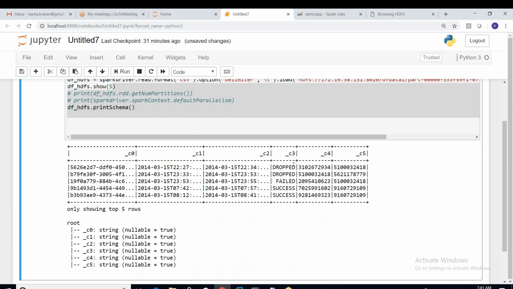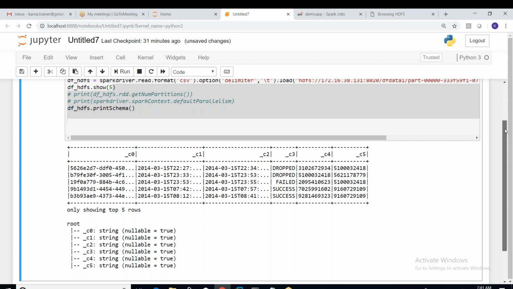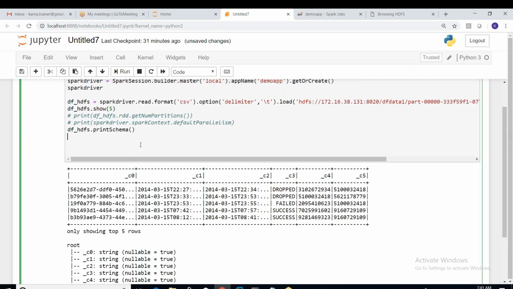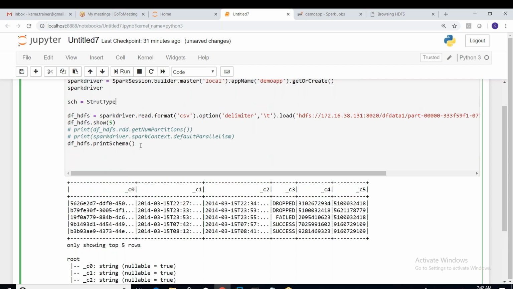How do we add the header part? We have to enforce the schema. Can you tell me, guys, how do we add the schema that we discussed in the very first session itself? Yes, he has the schema. But in the first schema we get only the data types, we won't get the column names. So if we want the column names also, we have to create this StructType.